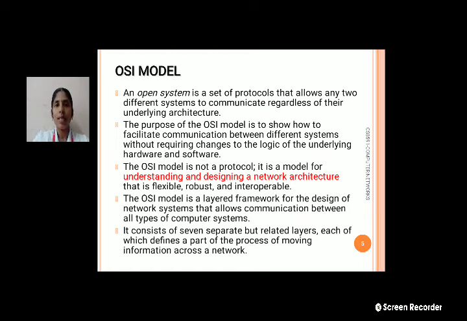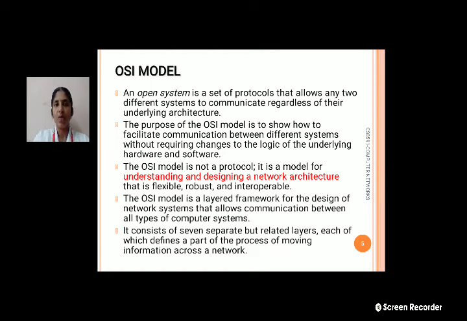The OSI model is a layered framework. Here we are going to see everything in a layered architecture, which is why in the previous topic we discussed the protocol layering approach. In the OSI model, everything is concerned with a layered framework for designing network systems that allows communication between all types of computer systems.